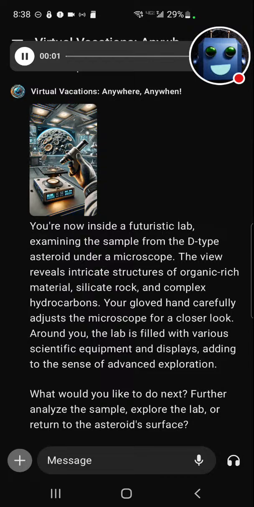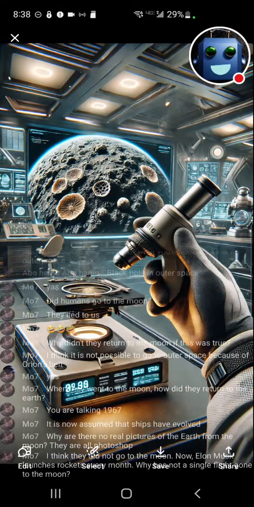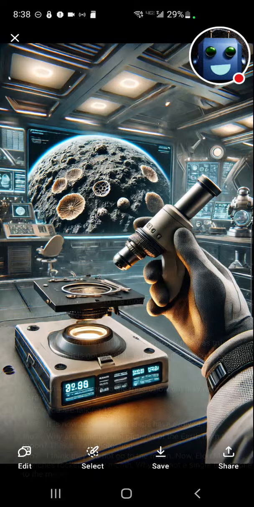You're now inside a futuristic lab, examining the sample from the D type asteroid under a microscope. The view reveals intricate structures of organic rich material, silicate rock, and complex hydrocarbons. Your gloved hand carefully adjusts the microscope for a closer look. Around you, the lab is filled with various scientific equipment and displays, adding to the sense of advanced exploration. What would you like to do next? Further analyze the sample, explore the lab, or return to the asteroid's surface? And that's an